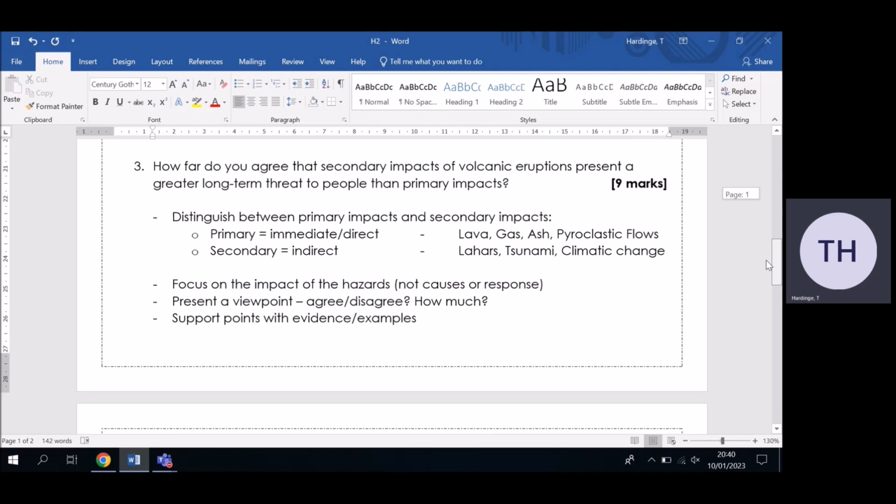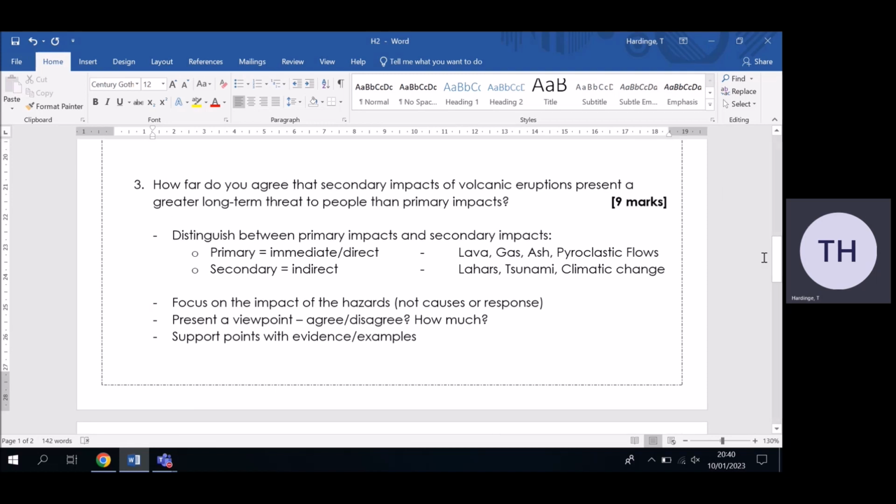Third question is one that you won't have had much practice on before, which is a 9-mark question. These 9-mark questions only appear in the hazards topic and the global systems and governance topic. And you can think about them a little bit like a mini 20-marker. They are going to be evaluative in some way. They're going to be focused on a particular viewpoint or opinion and ask whether or not you agree with that